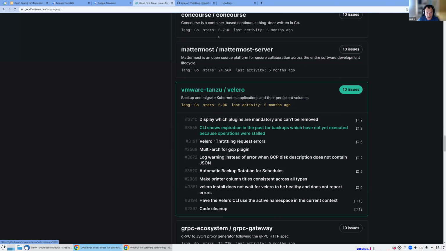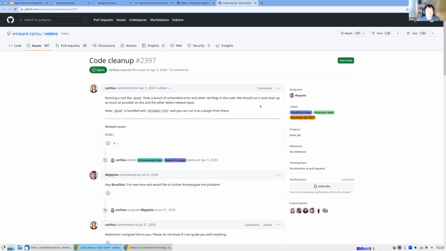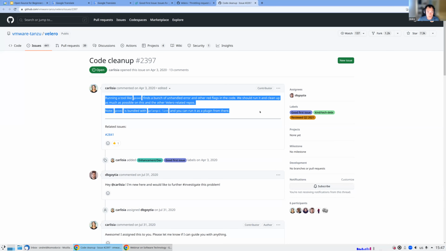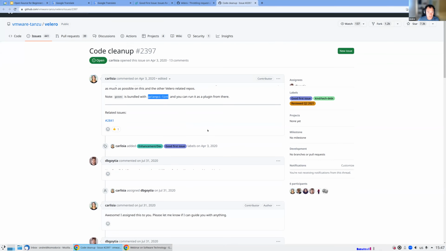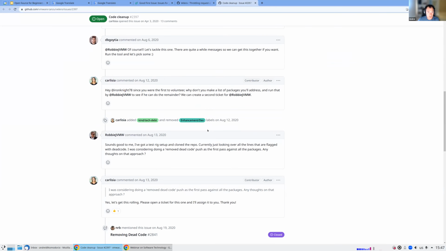Code cleanup, that's fine. That may be easy for me as a contributor. Running GoSec finds a bunch of unhandled errors and other red flags in the code. So this one looks really good, a really good first issue. So we can run this GoSec or Golang CI lint, and we can contribute it.